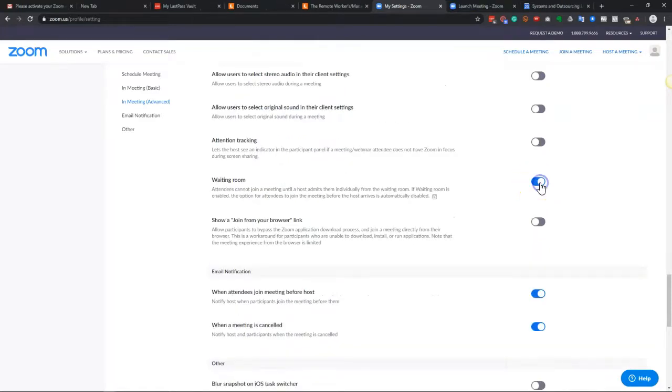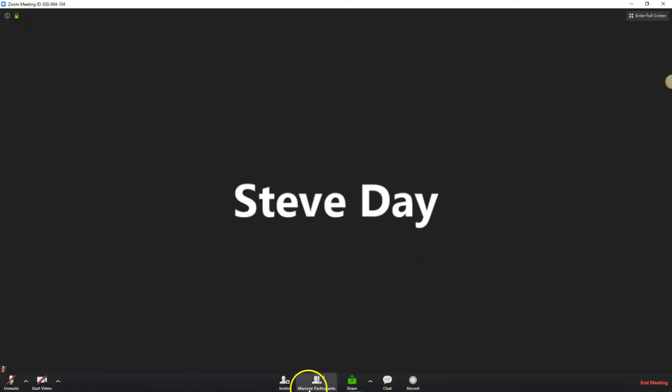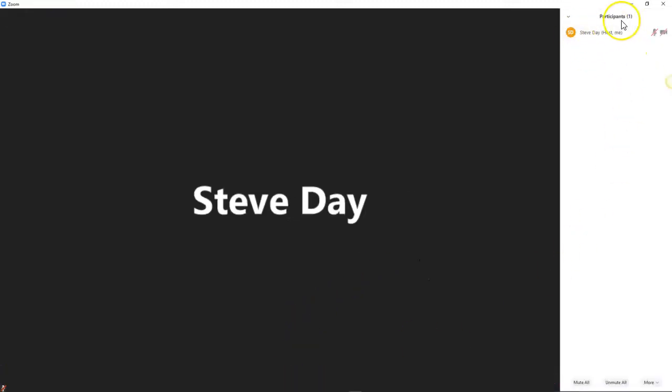I'll just show you how the waiting room works. I'm going to turn it on, and I'm going to host a new meeting. When you start a meeting, it's a really good idea to open up the Manage Participants window. The reason for that is as soon as somebody else joins the meeting, they'll pop into that little participants window. There's the chime, which I had switched on,